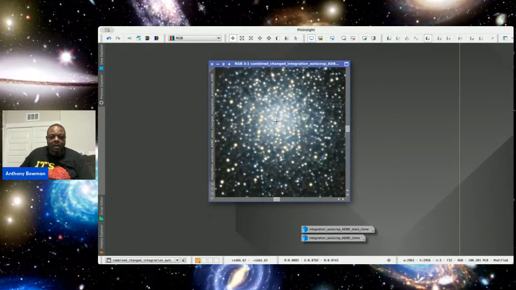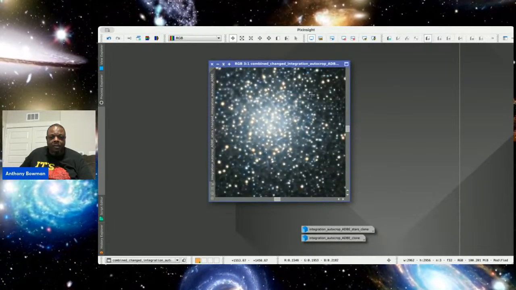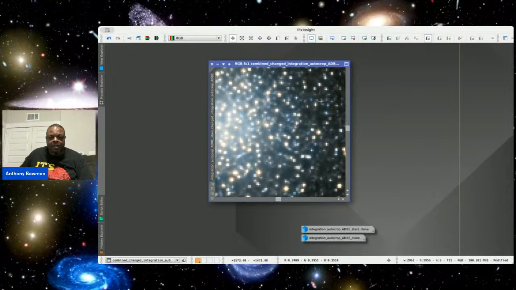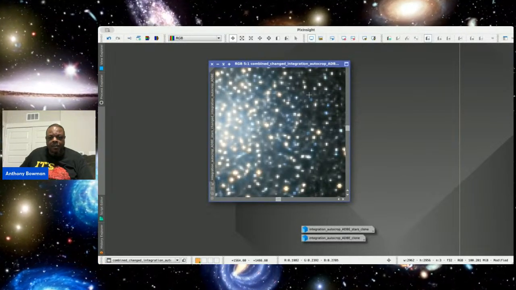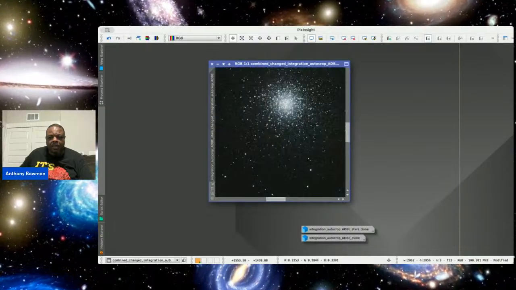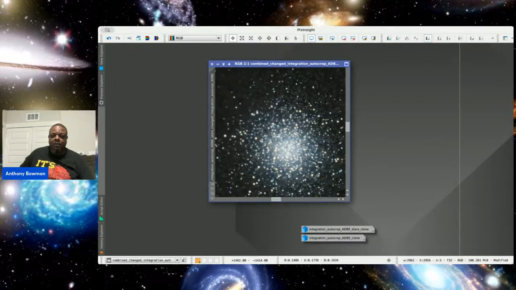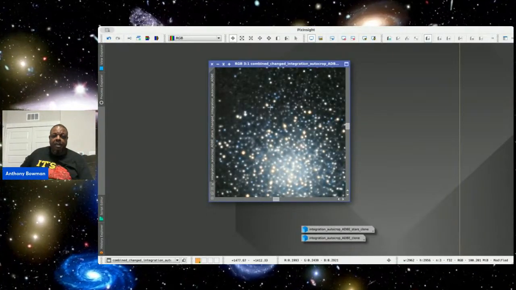Okay, so now look at it. See how much smoother it looks. It's not as grainy. You can actually pick up a bunch of stars in the background, like right in here. Now, with a bigger telescope, the resolution will be a whole lot better.